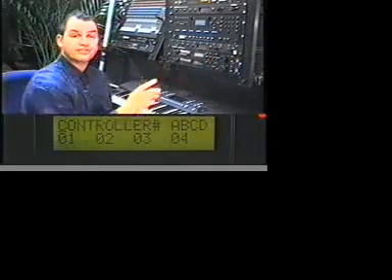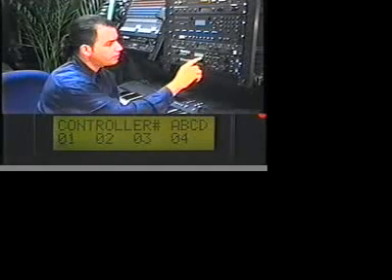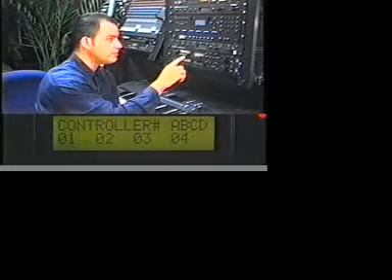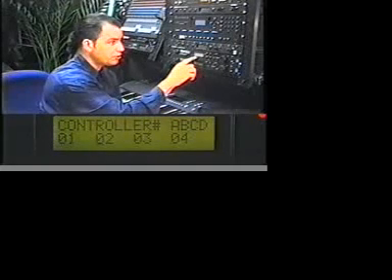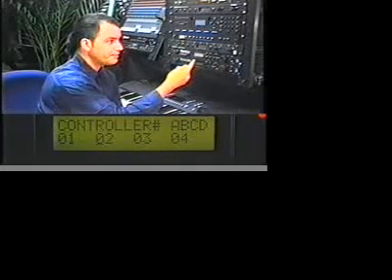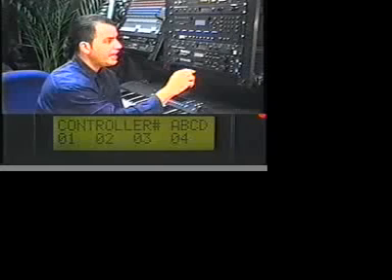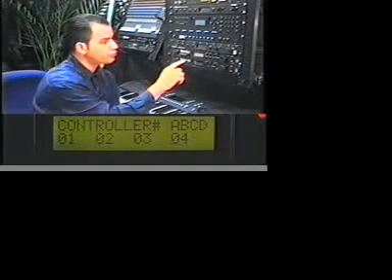And controllers, this is very important. These are the MIDI controller routings. For example, the defaults are 1, 2, 3, 4. And what that means is MIDI controller number 1, typically mod wheel, becomes, in the Morpheus context, controller A. And similarly, number 2, which is typically breath control, becomes controller B. Number 3 is left open by the MIDI spec, but you can use that for anything you like. That becomes controller C. And controller number 4, which is typically foot control, this becomes controller D.